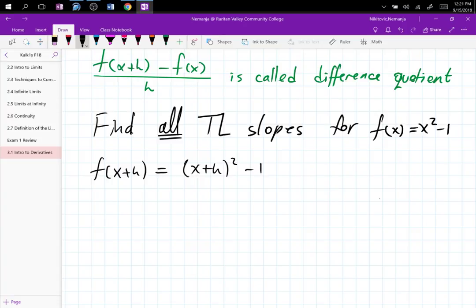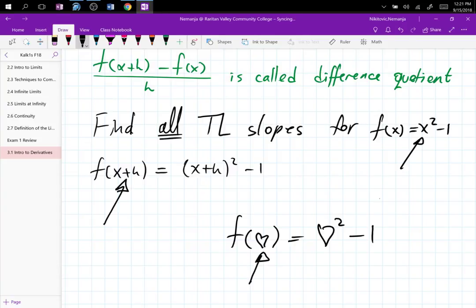Generally, when I teach pre-calculus, I say f of a heart is a heart squared minus 1. Whatever is in the parenthesis goes for that x. So, if the parenthesis changes x with x plus h, you better change your x with x plus h, leaving the rest of the formula the same. So every x will be replaced by x plus h, which involves now algebra and foiling and all of that stuff.